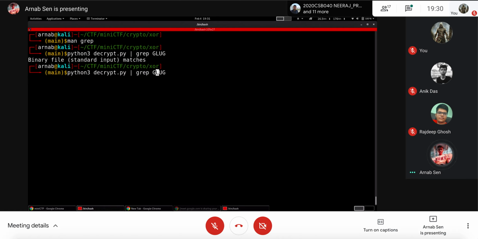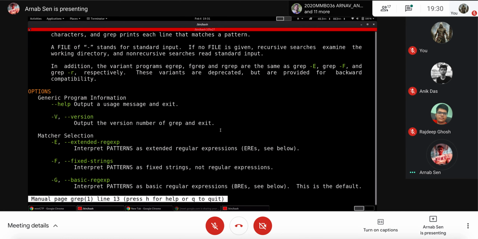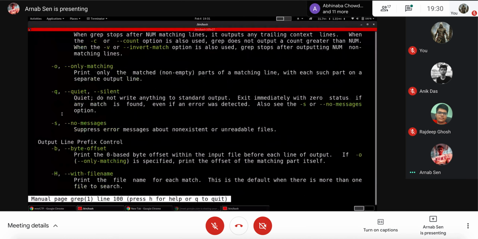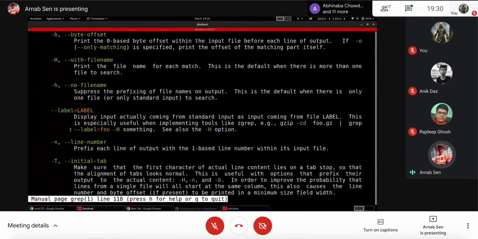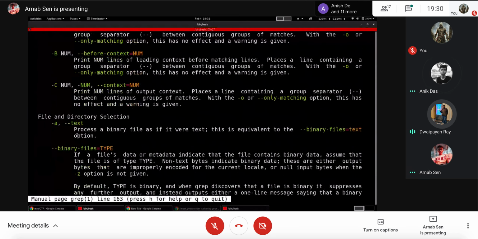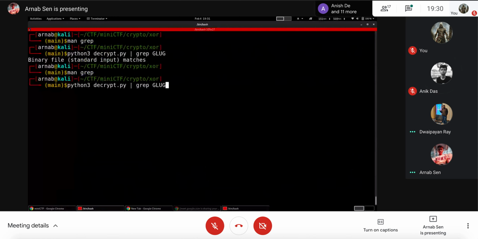Okay, so it's binary. Grep minus b, right? For binary file. No, that's binary byte offset. Use strings. It's outputting it, so you can directly do it, right? Within strings. Okay.